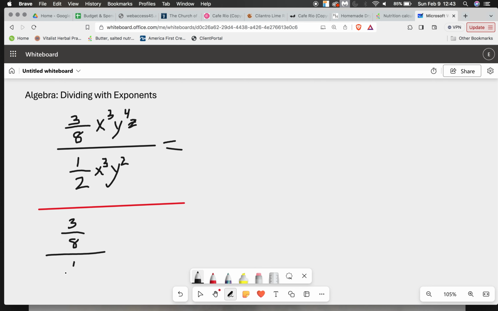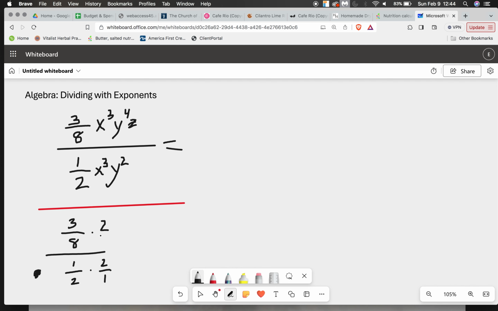divided by 1/2. Now when we're dividing fractions, remember that dividing fractions is actually just multiplying by the reciprocal of the fraction, but I'll work it through just in case you need that little reminder. So when we're doing this, we want to get rid of this underneath denominator part, right? Because it's just messy to deal with. So if we multiply both sides, top and bottom of the equation, by 2/1, the reciprocal of this fraction,